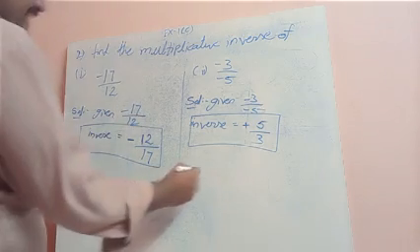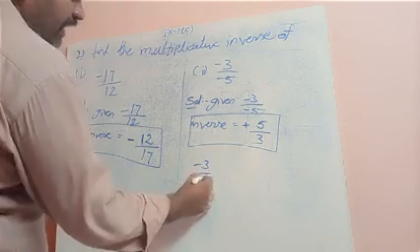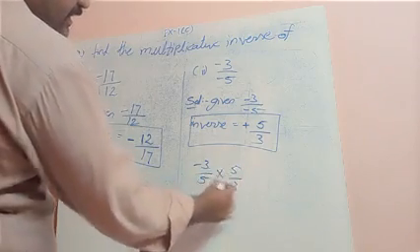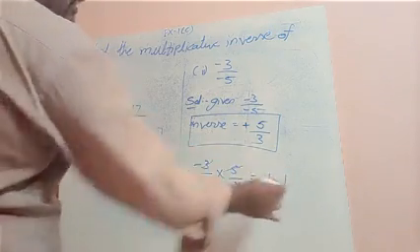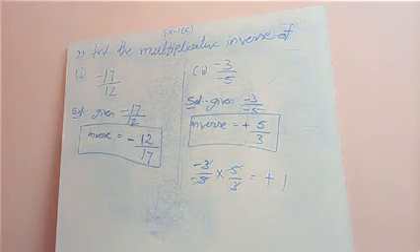How is it 5 by 3? Here the given sum is minus 3 by 5 into 5 by 3. Minus is plus, 5 cancels, 3 cancels, answer is 1. The multiplicative inverse is always the number which gives 1 as the answer.